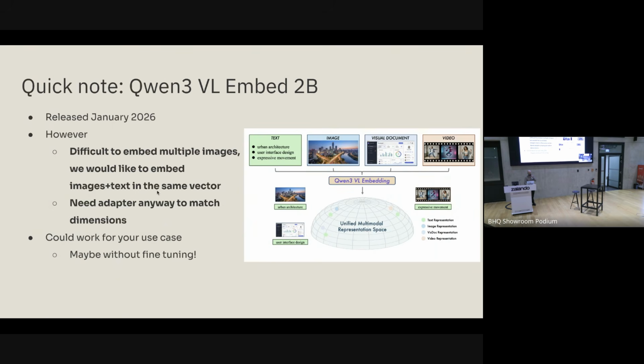And because the output dimension is still 2048, we would need an adapter anyway. So it was practical to just use the instruct tuned model for this use case. But maybe this model could work for you. Maybe it could even work off the shelf without any fine tuning, without the two-tower architecture,